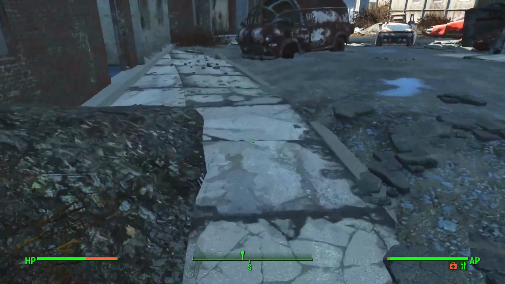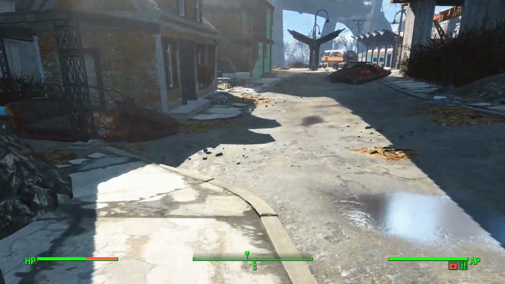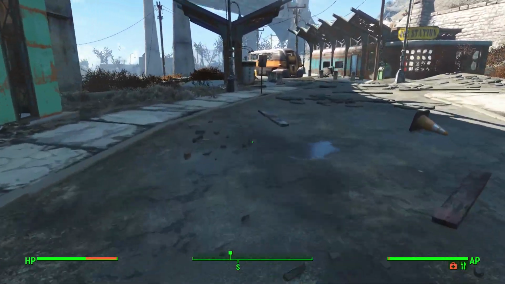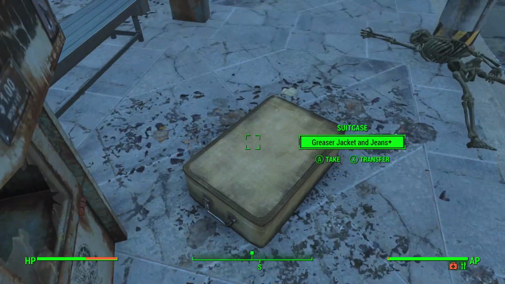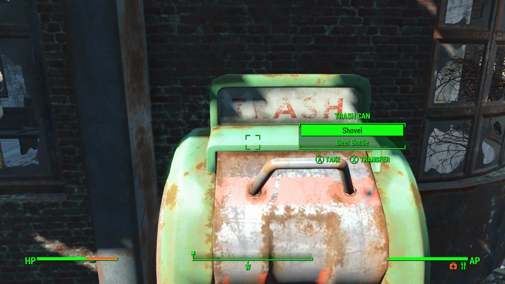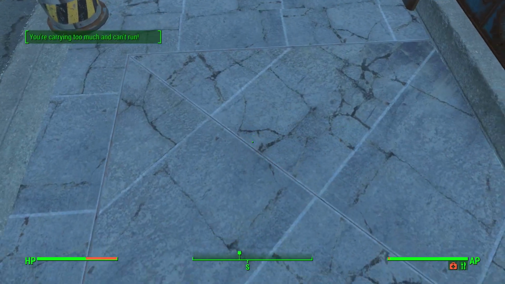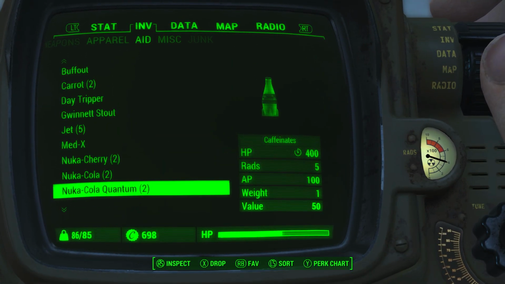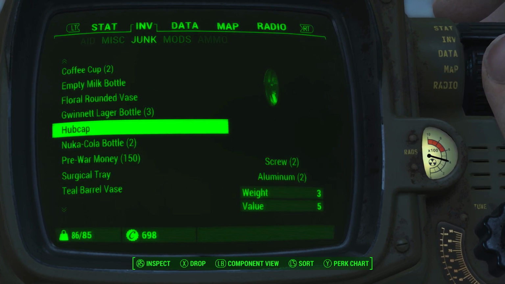Usually the bus stop is light, to say the least. Sometimes you can get a phone out of it, or you can't get a phone out of it though. And there is a hubcap. And that over encumbered me. Alright, so